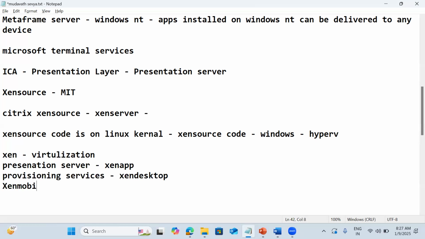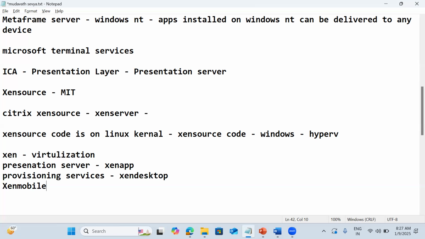What I'm trying to tell here is that Citrix rebranded all their products into Zen, because they wanted to move into Zen. After virtualization, what happened? Cloud came into the market.